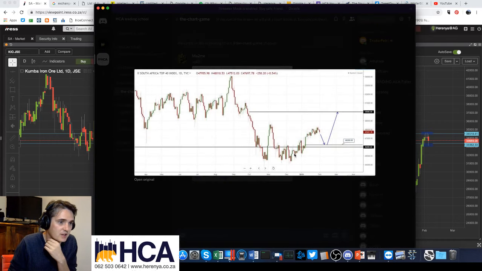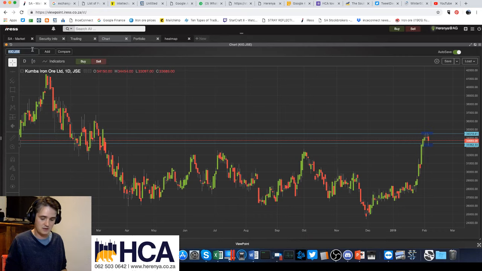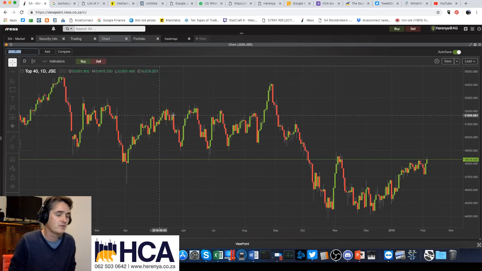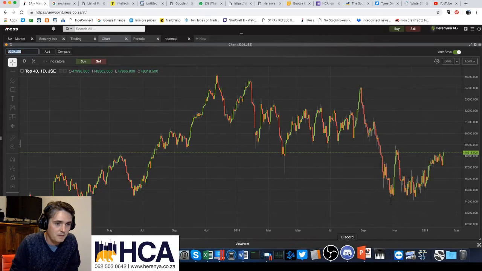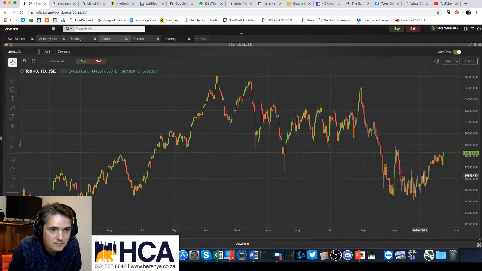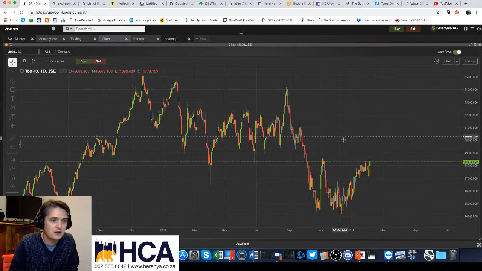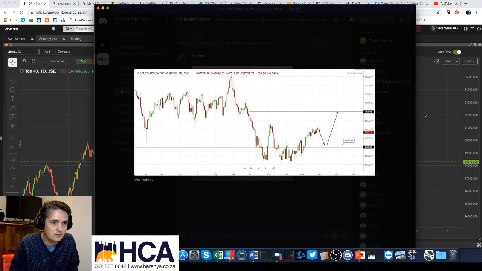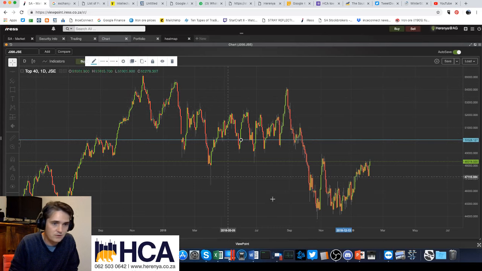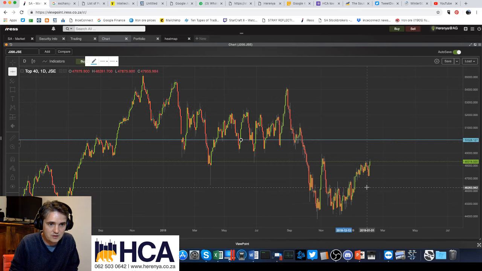All right, let's look at Matume's chart. So he's got South Africa SA 40 here, calling for a pullback down to this level, then a rally up to that level. Okay, so that is the ALSI, right? That is the J200 index, which is the South Africa Top 40 index. So you reckon, Matume, that we see a move down to 46,250, followed by a rally back up to 50,000. All right, so I'm going to mark your levels, 50,000 and 46,250-ish.